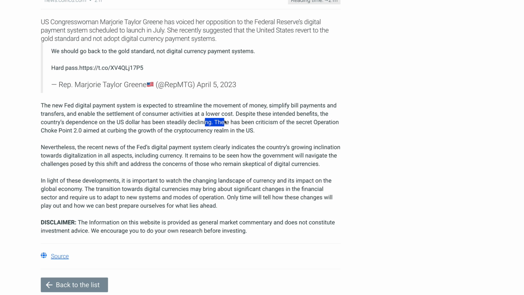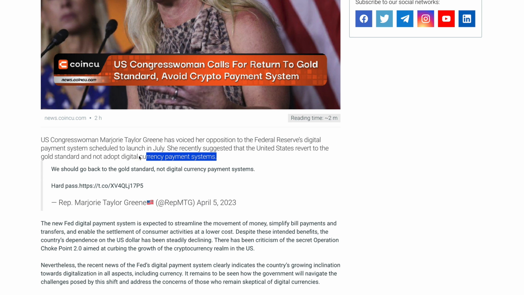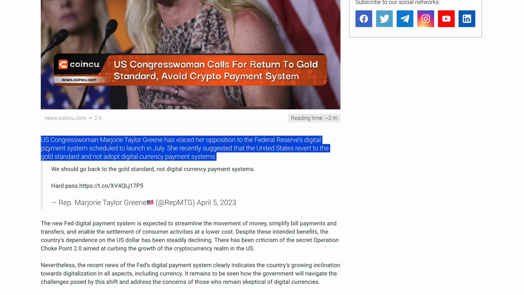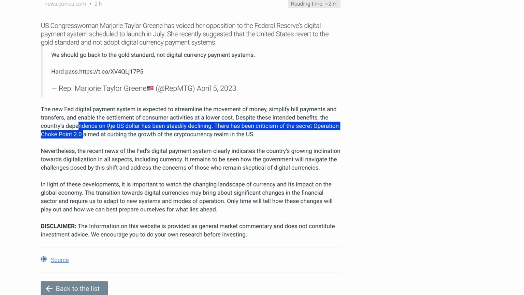There's been criticism of a secret operation, Choke Point 2.0, aimed at curbing the growth of the cryptocurrency realm in the United States. So, this is all a coordinated effort. When we talk about Choke Point 2.0, severing on and off ramps for cryptocurrency exchanges, this is because they want to usher in FedNow. And so if people have the option to, put it this way, if Choke Point 2.0 was not a thing and people could still trade their cryptocurrency freely and send it to and from whatever exchange they want around the world, wherever they wanted, and in the quantities that they wanted,